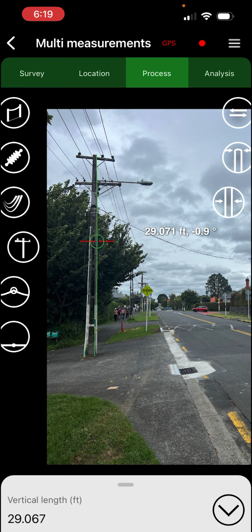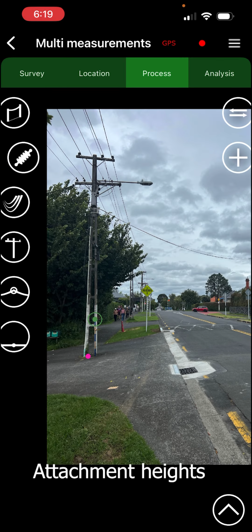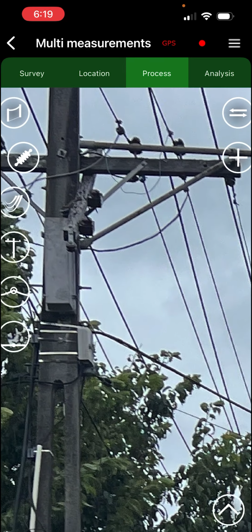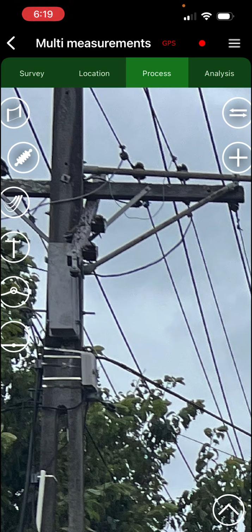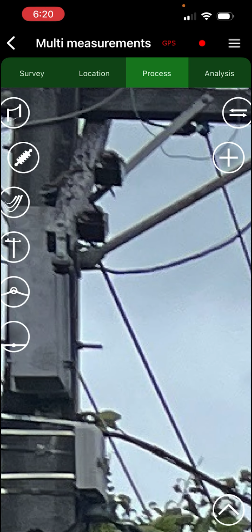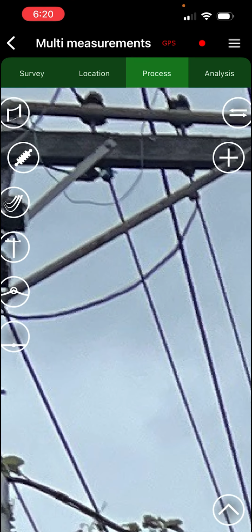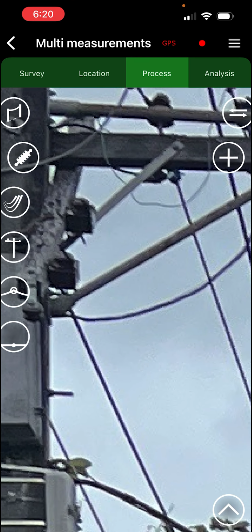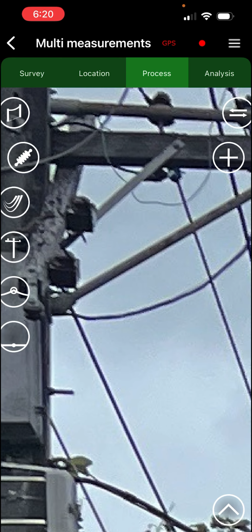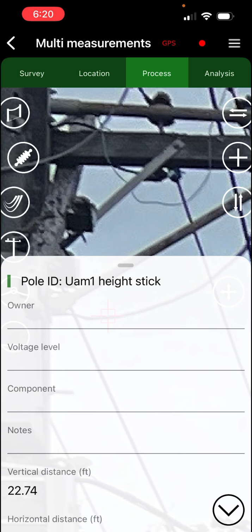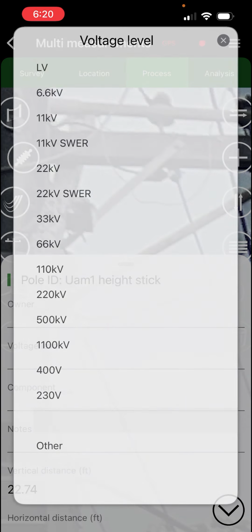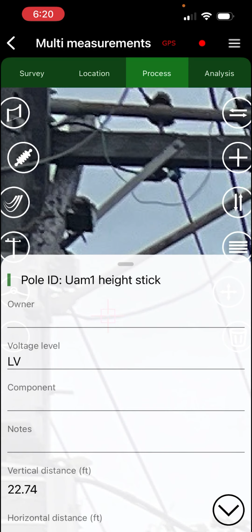While I'm on this tab, I'm also going to look at attachment heights. So I'm tapping on this button on the left, and then I can zoom in and find the points of interest. So we want to identify the lowest electric, which this is an odd looking pole, but I'm going to tap the plus button. There's actually a low voltage conductor, and it has this drip wire hanging off it. So I'm going to choose that as the LV,